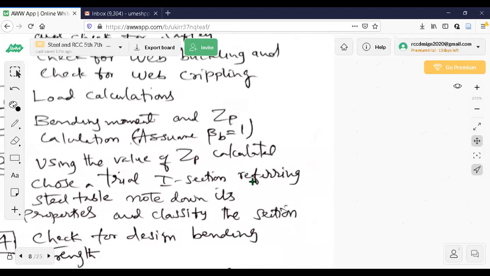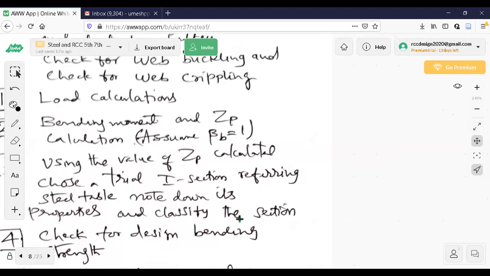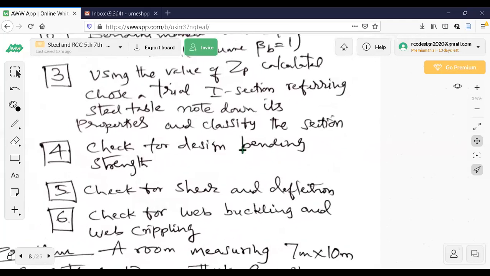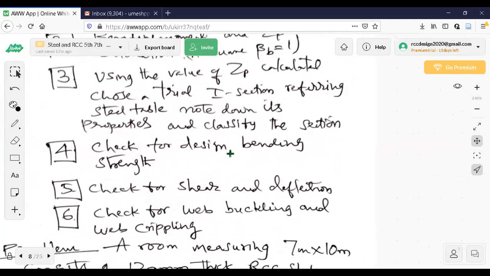Same thing is done here, with slight modifications. Finally, the formula is M is equal to sigma Z only. Z is calculated. Once you know the section modulus, I can easily find out the dimensions, or I can go to the steel table and start searching for the section modulus value. Always ZP should be checked, which is available in IS 800. I don't know whether ZP values are there in the new editions of steel tables. You just check it. Get the new edition, because in IS 800 ZP values are there. I'll show you where it is available.